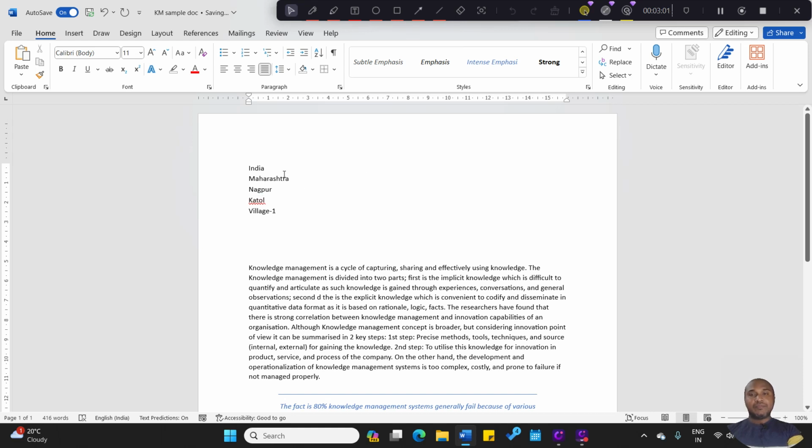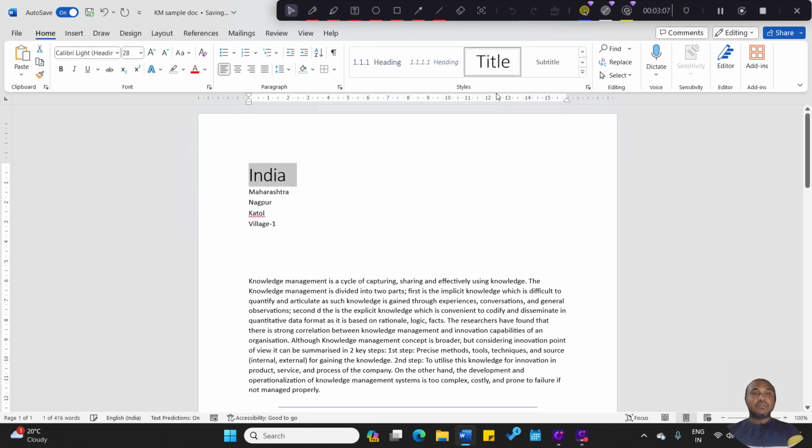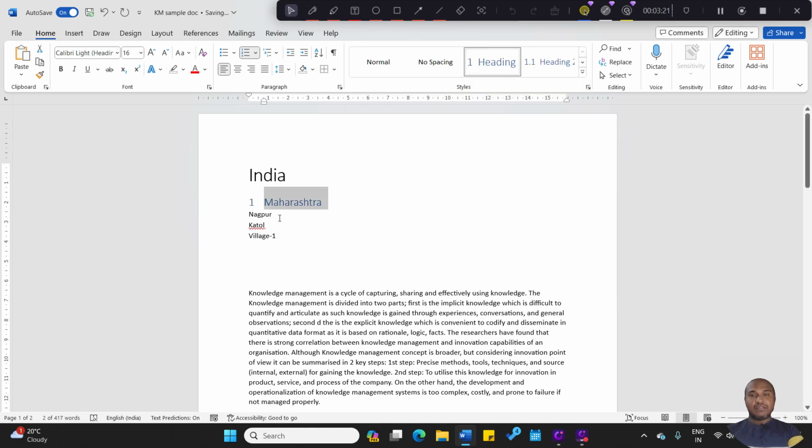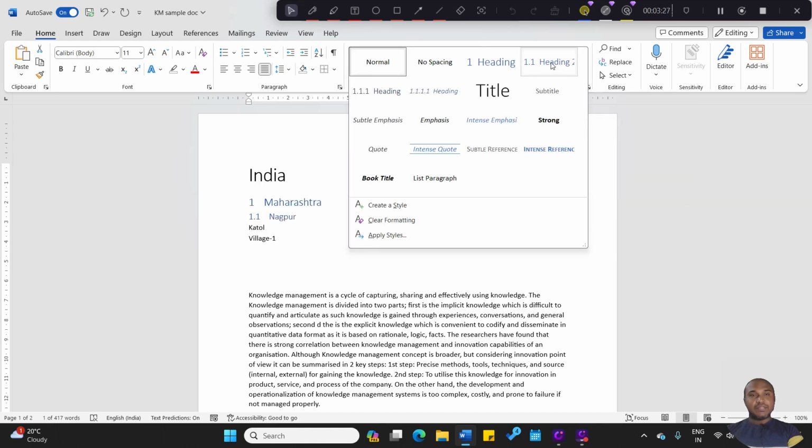So what I will do, I will select India, I will click here and I will make it a title. Look, this is the default title format of MS Word. Then we'll select Maharashtra. I want to keep it as heading. So look, I will keep this as heading. We select Nagpur district. I want to keep this as subheading. So you can see,